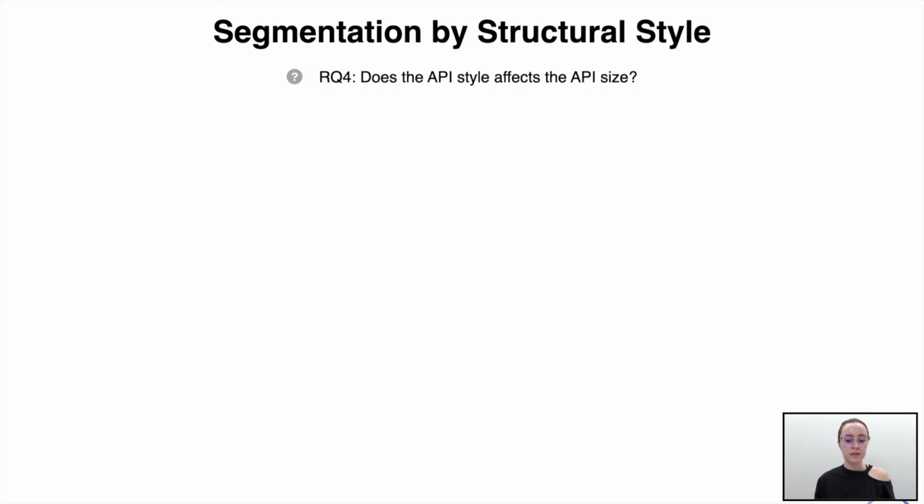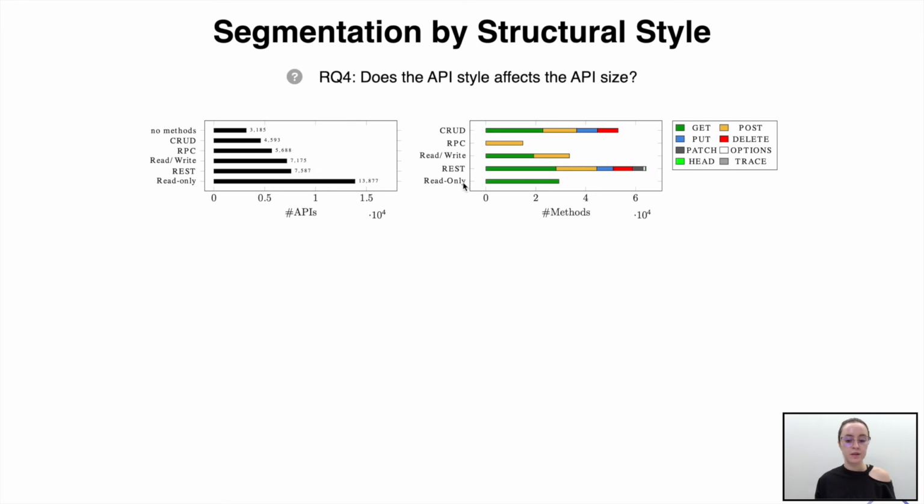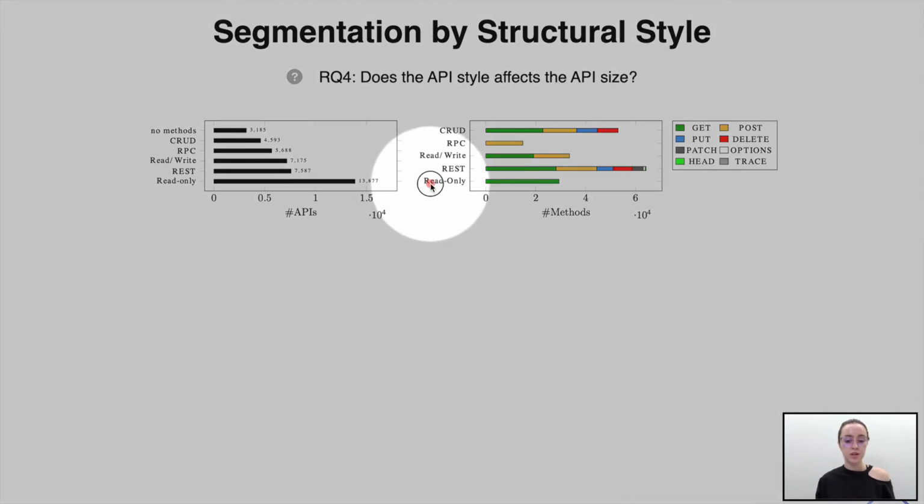So to see how the previous results would change if we focus on a smaller subset of the dataset, we segmented the data by the structural styles of the APIs. We distinguish 5 styles: the read-only, which are the APIs that have only GET methods, and it is the largest segment. Then we have the RPC style, which are APIs allowing to write using the POST method, the read and writes,